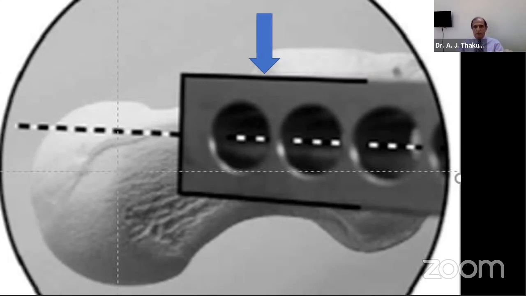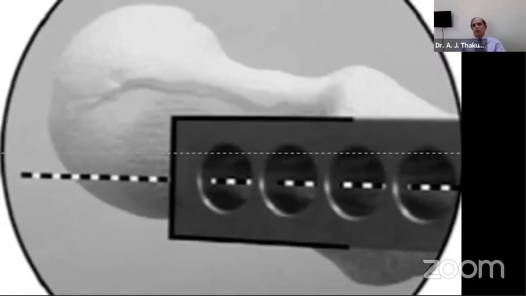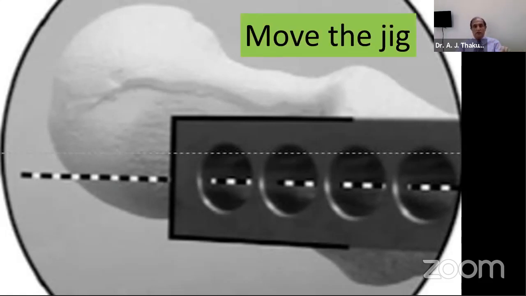See this rectangular shape, that is most important. Move the jig now, externally rotated. Probably you have gone too far downwards. So if you pass the guide wire along this, it will go posteriorly. We don't want that. But remember, the jig is looking exactly rectangular as you desired, or as you achieved it by shifting the C-arm. Now you are not touching the C-arm, you are only rotating the jig either externally or internally. You move the jig all the time till you get something like this.